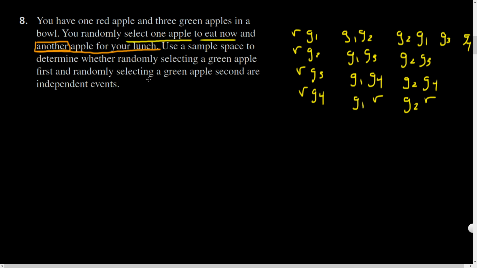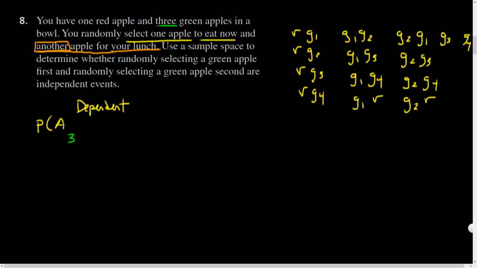And so, determine whether randomly selecting a green apple first and randomly selecting a green apple second are independent events. Well, based on the use of the word another apple and the fact that you're eating one of them, these are going to be dependent events. It's going to change the possible outcome. So let's do it this way. There are 3 green apples, right? So for the first choice,